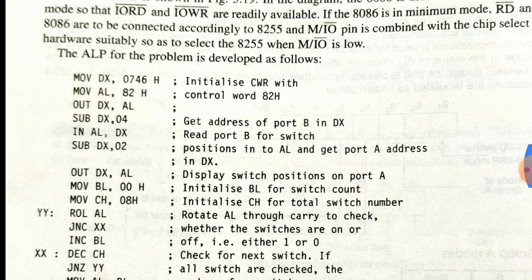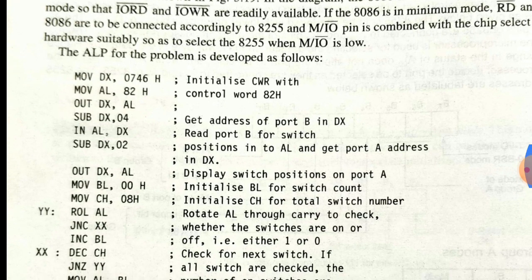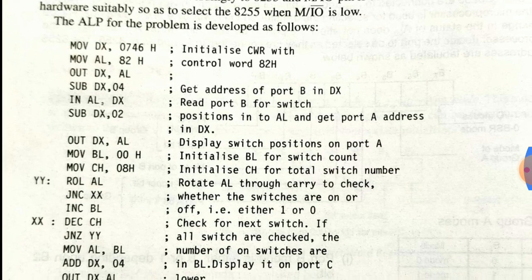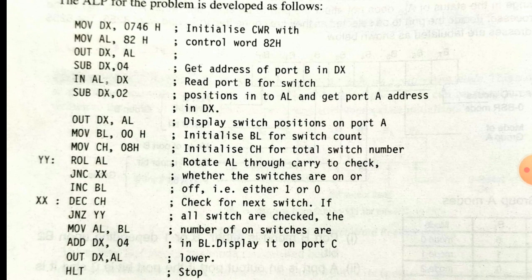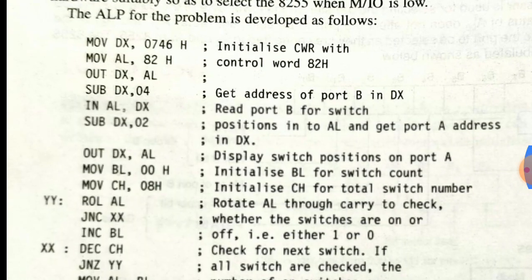Port A. Port A having the LEDs. That is the first task. What is the second task? Whatever the number of switches in on position, that count value is going to be loaded into where? Port C.